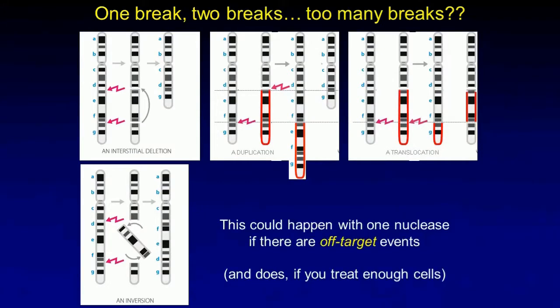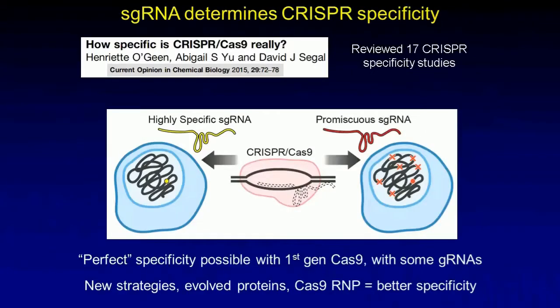And so all of these kinds of events could be happening, and usually in studies where people have looked very carefully, they can find events where using two nucleases can actually lead to large rearrangements in the chromosomes. So in thinking about some of the issues with off-target events that we would like to avoid, certainly mutagenesis in other genes is a concern, but also large chromosomal rearrangements is another concern, and that's also sometimes difficult to find.